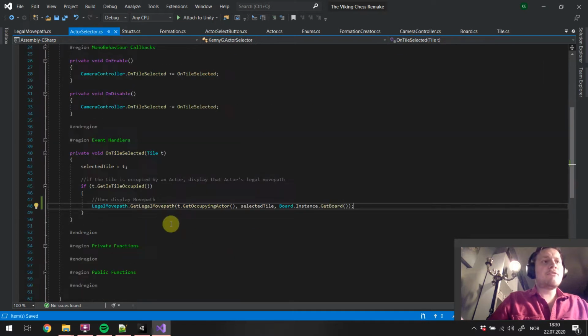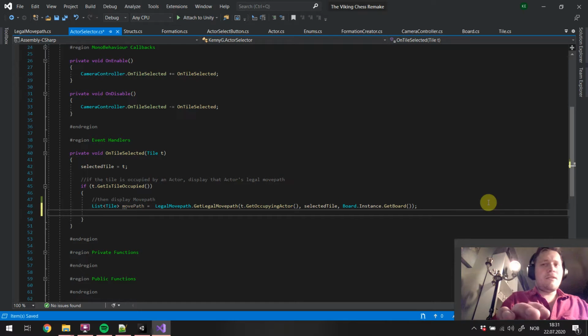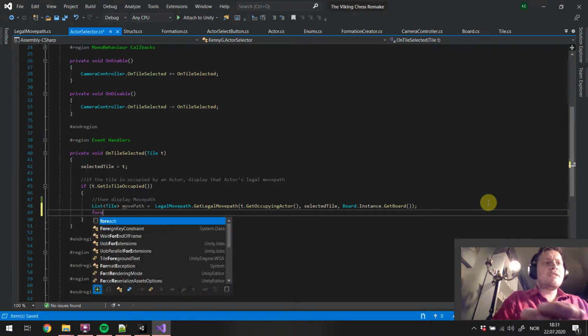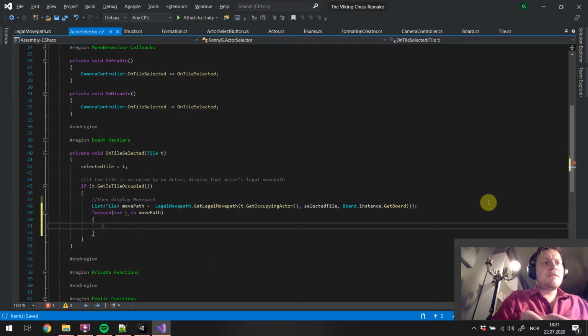And in our actor selector, we are going to make a variable out of this. So this is a list of tile. Move path equals this, and then we're gonna paint each of those tiles in some color inside here. So for each var t in move path, we're gonna say,